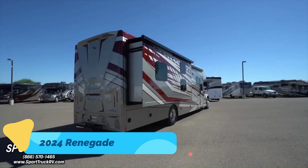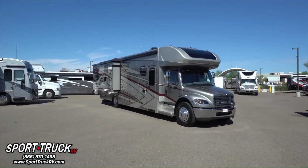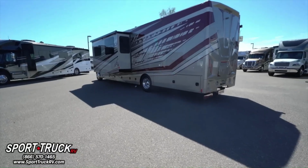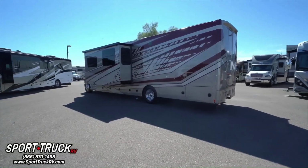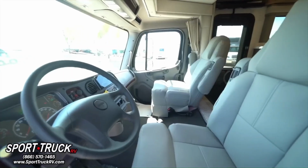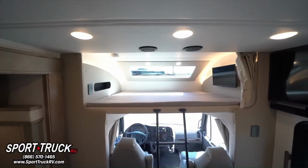The 2024 Renegade Valencia 38BB is a powerhouse in the Super C motorhome class, combining rugged diesel performance with high-end features perfect for family travel. Built on a Freightliner S2RV chassis and powered by a Cummins engine, it's got the muscle to tow and the